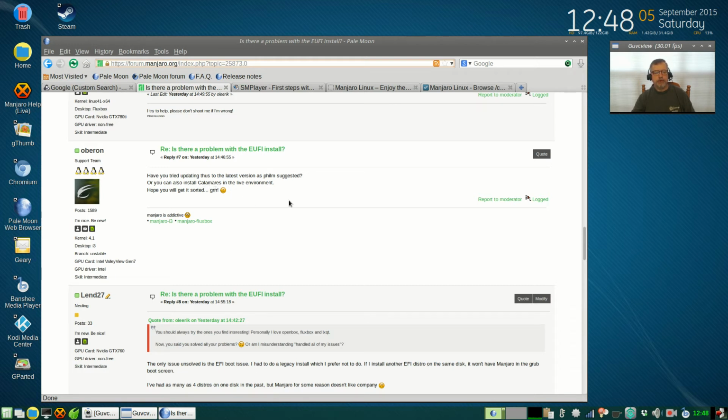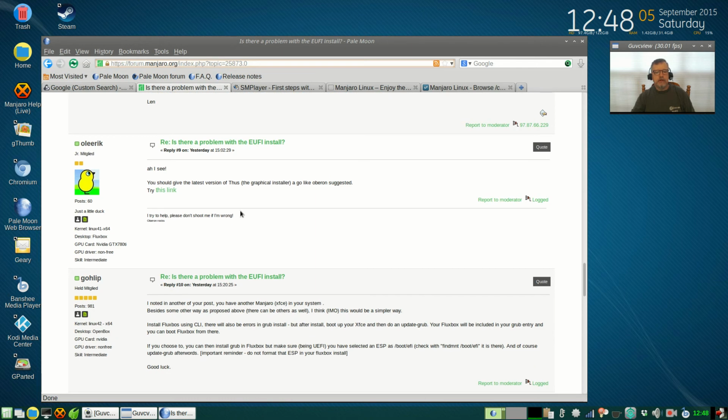Well, Calamares pulled up another installer. I followed along and it was amazing. Calamares is so intuitive. It gives you so many different options for install. It made it so easy that when I finished the install, I was doing Fluxbox, and it installed it on the same hard drive as my LXDE. And to make a long story short,